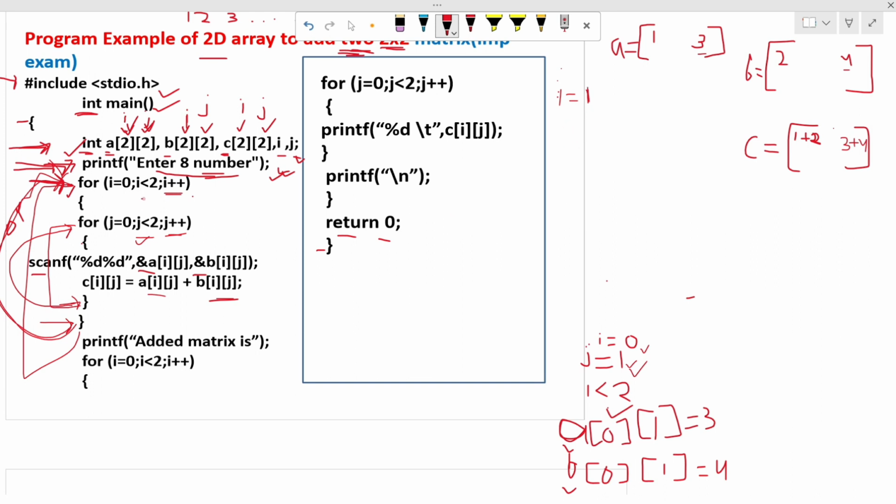Then it tests the condition here. As previously, it checks the condition: I is less than 2, which means 1 is less than 2. Yes, 1 is less than 2. This is true. We have already discussed that, as we know, until this condition is true,